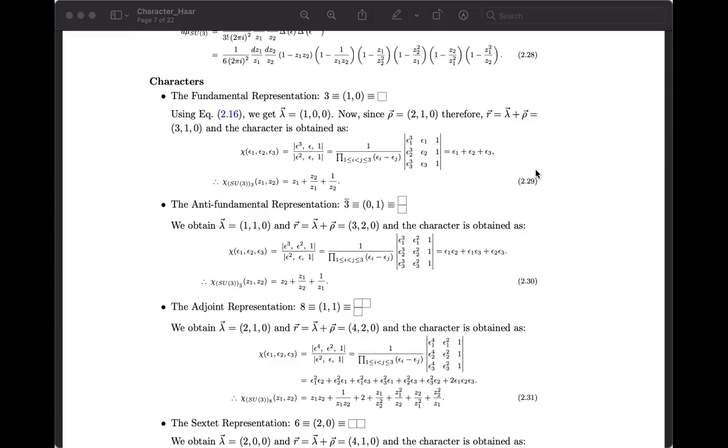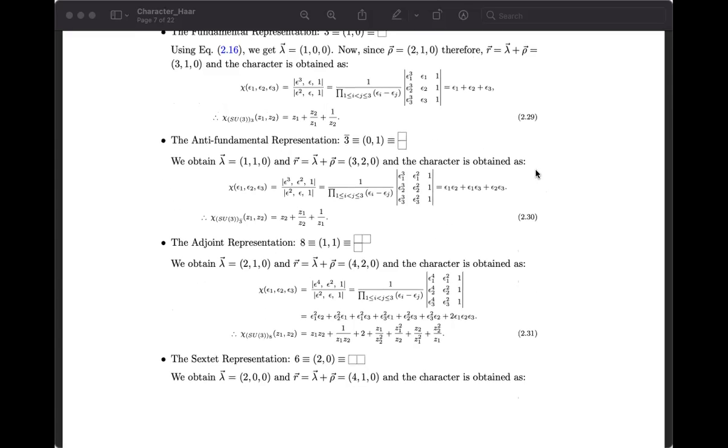So now you can calculate the character for the adjoint representation. This is a slightly different Young tableau. The first row contains two boxes, the second row contains only one box, the third row no box. So lambda will be 2 comma 1 comma 0. Similarly, you can calculate r. You put back this r, you calculate the Vandermonde determinant with respect to this, which is unique, and then the numerator, which is to the power 4, 2, 1, because the r values are there. You put it back, you get the character for the adjoint. And in the same way you can check that if you take this times this minus 1, you should get this as we have seen earlier.